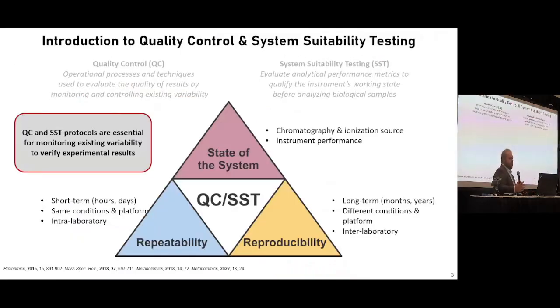So first, an introduction to quality control system suitability testing. This is a project that I've been working on, really working with MSiReader and helping to improve it. Quality control is the operational processes and techniques that we use to evaluate results, and system suitability testing is how we evaluate the analytical performance of our instrument. This is really important to understand the state of the system, ensure repeatability, reproducibility, and these protocols are essential to